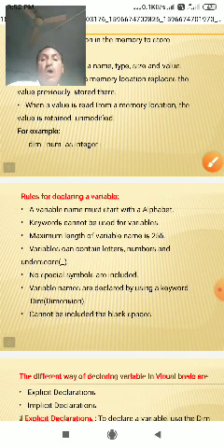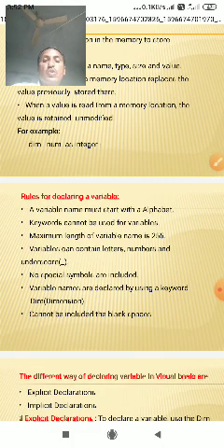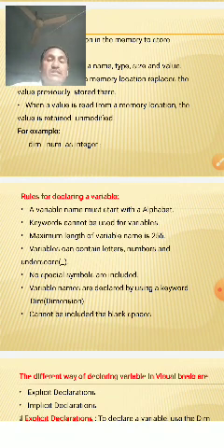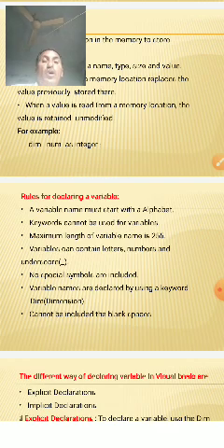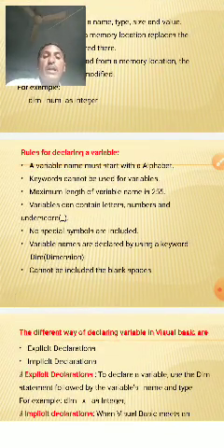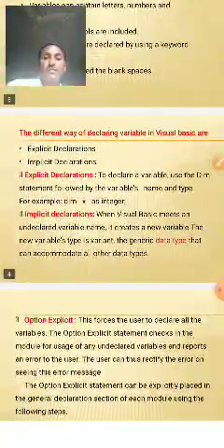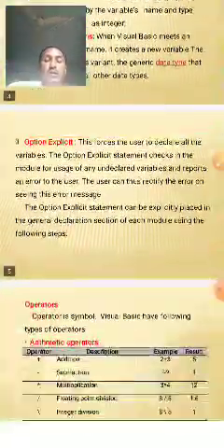Rules: all variable names must start with an alphabetic character. Keywords cannot be used as variable names. The maximum length is 250, and a name can contain letters, digits, or underscores. No spaces or symbols are included. A variable name is declared using the Dim keyword, and it cannot include a blank space. This is called variable declaration.